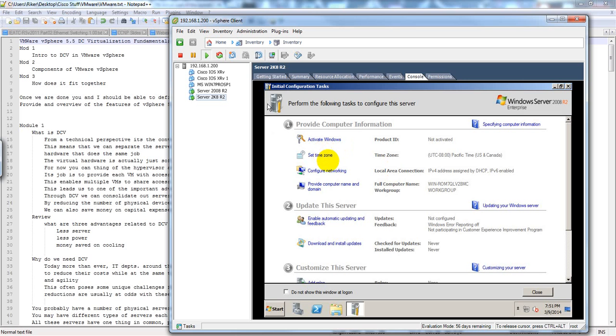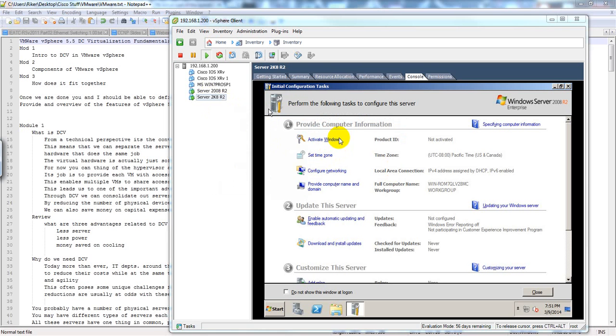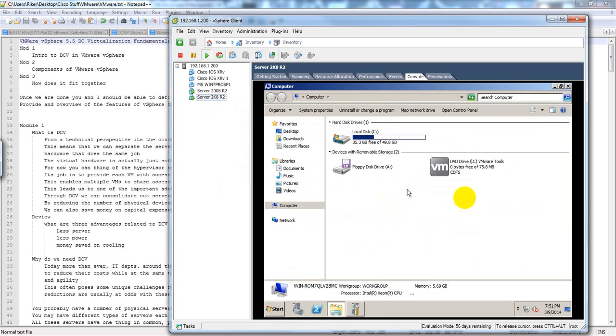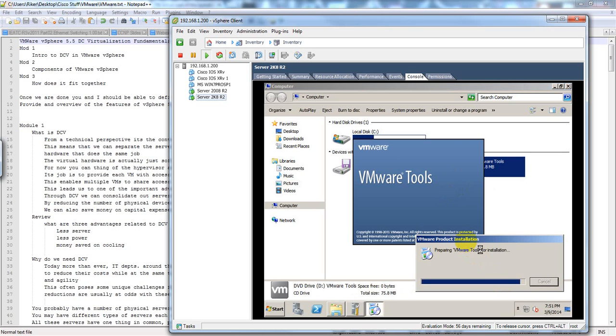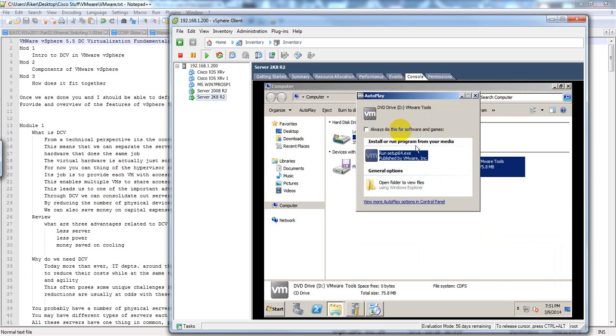So what I'll do is press Control Alt to break out of that, then right click on this guy, go down to Guest, and click on Install Upgrade VMware Tools. Click OK. What that does is it will open up and install the VMware Tools inside of the CD drive, and then I will double click on that, and momentarily VMware Tools will get installed, and once it's installed, it'll reboot the computer, which will make the